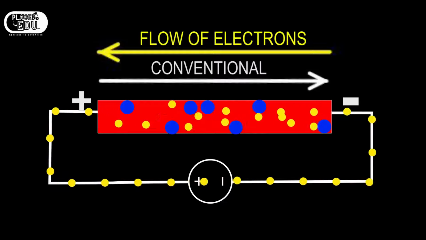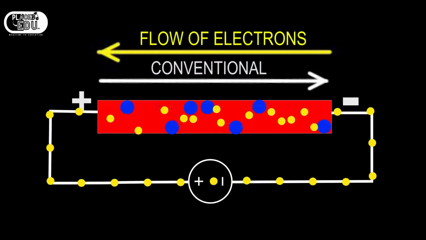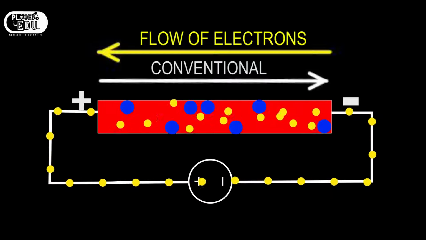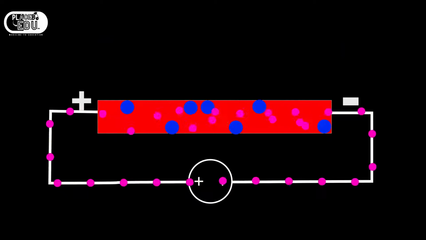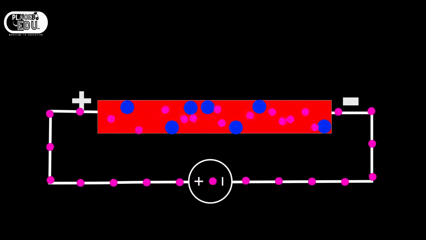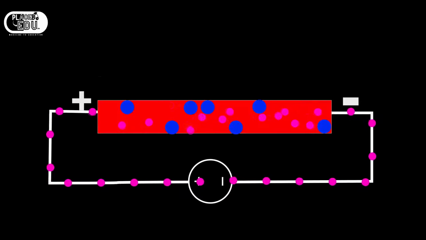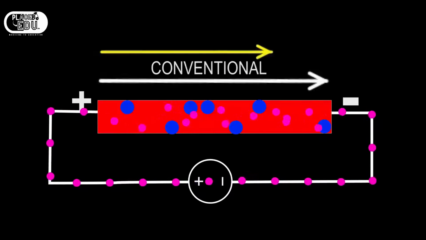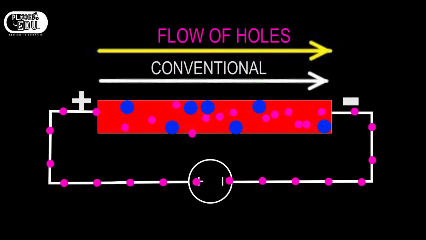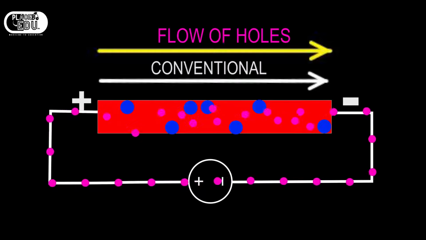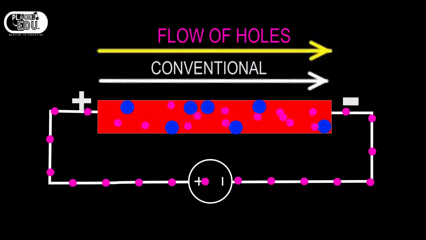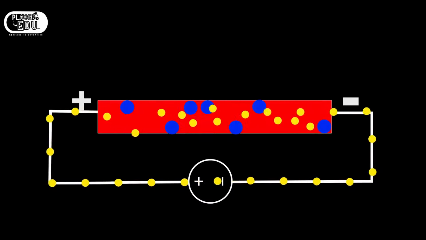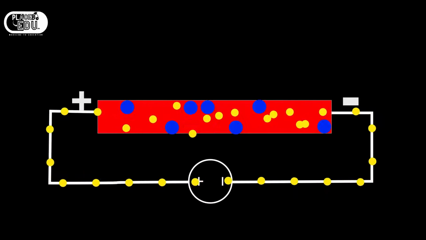Why is there a difference between the direction of flow of electrons and the conventional direction of current? When the current was discovered, they didn't know about the electrons. They thought that current is purely due to the positive charges, but they came to know that current is purely due to the flow of electrons. If they changed this, all the rules would have to be changed again. So they left the conventional direction of current like that, and the flow of electrons is opposite to that.